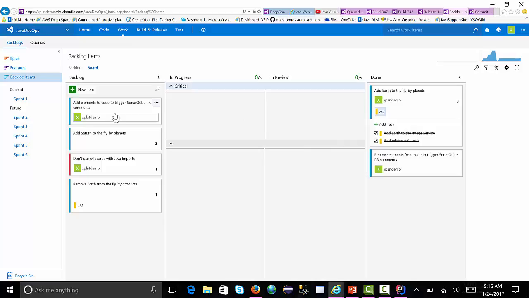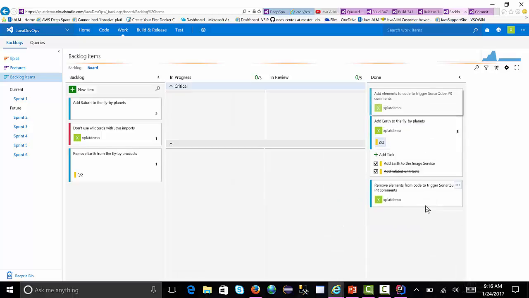And the other thing I did was I added elements to the code to trigger QR. Even though I never put it in process, I did do that task. So I'll move it over here to done. So this is kind of showing you, again, the end-to-end usage of team services in a Java DevOps CI/CD situation